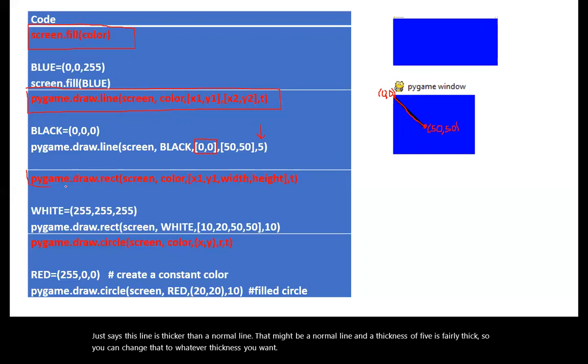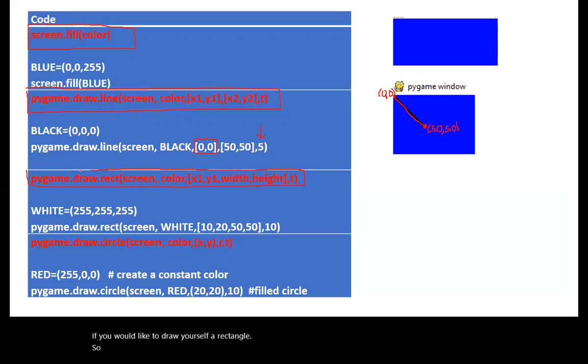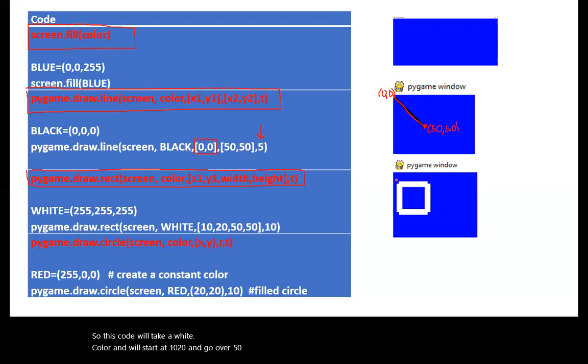If you would like to draw yourself a rectangle, so rectangles, squares, the code, pygame.draw.rect, screen, whatever color you want, top left-hand corner, and then how far over, how far down. So this code will take a white color and we'll start at 10, 20 and go over 50, 50. So it doesn't look very much like a rectangle, and I'll explain why in a minute. So this is the point